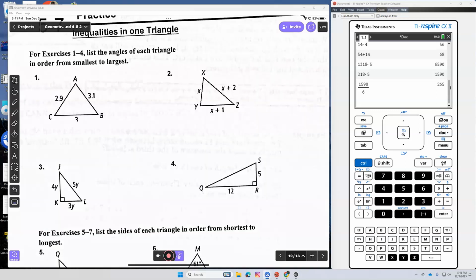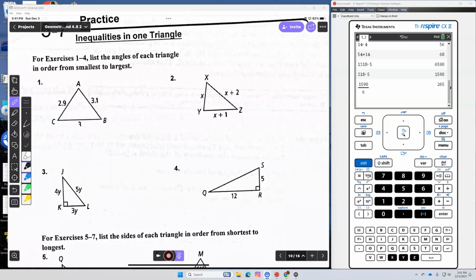List the angles of each triangle in order from smallest to largest. So the longest side is 3.1, so my larger angle is C. The next longest is 3, so angle A is the next largest angle. And then the smallest angle is B. So if we want to list the angles from smallest to largest, it's going to be angle B,